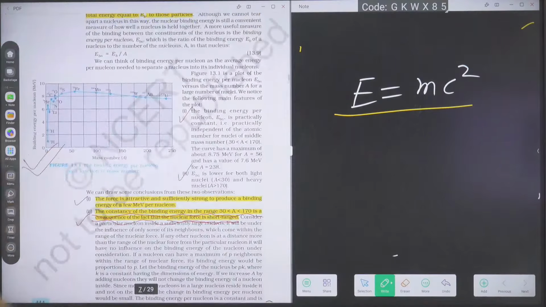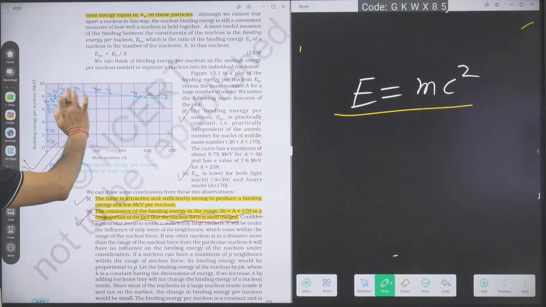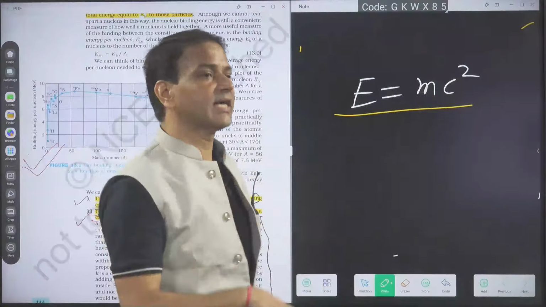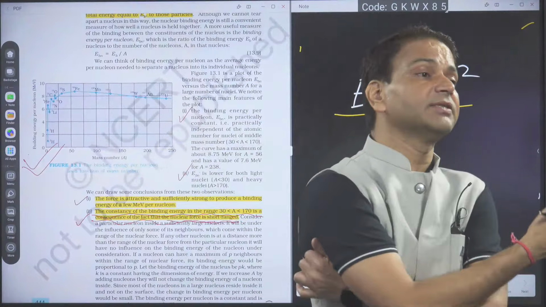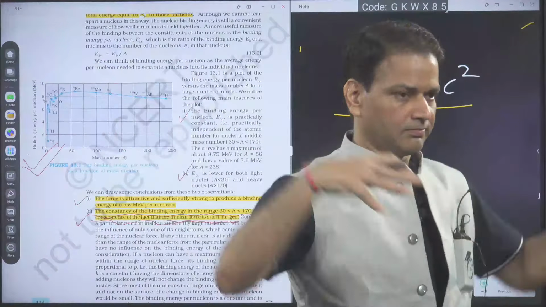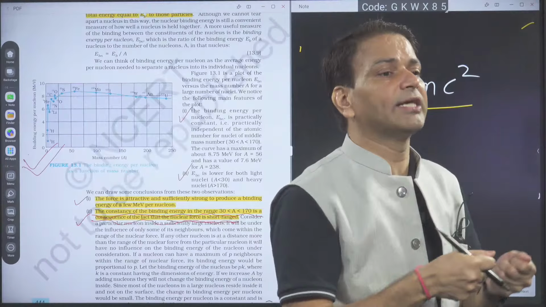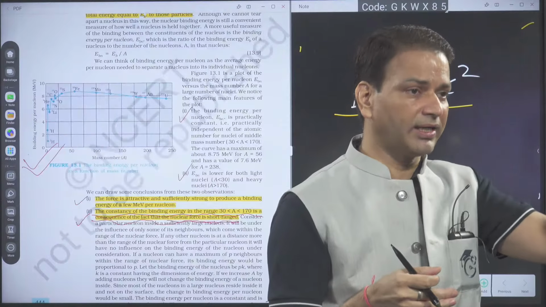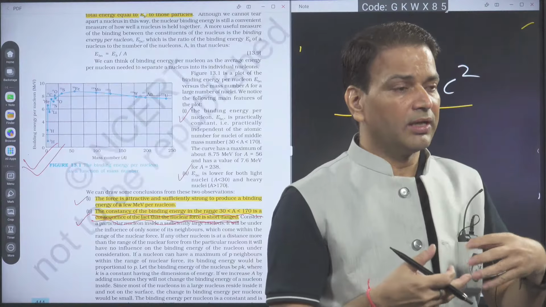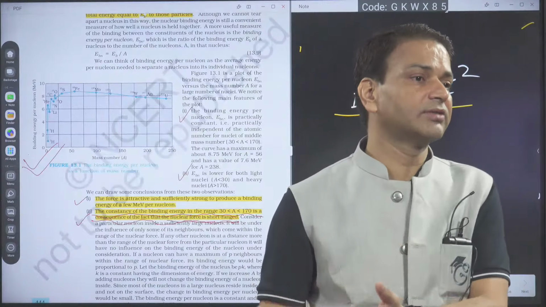Now this is the binding energy curve. Binding energy curve means, on increasing the mass number, we look at the binding energy per nucleon. And one more thing, we are not defining the stability on the basis of binding energy. We are defining the stability on the basis of the binding energy per nucleon. Suppose the nucleus is very big, then its binding energy will be more. But per nucleon, how much energy is required to isolate them? We will decide the stability from that factor. So for binding energy per nucleon, if each nucleon requires more energy to separate, that nucleus will be more stable.